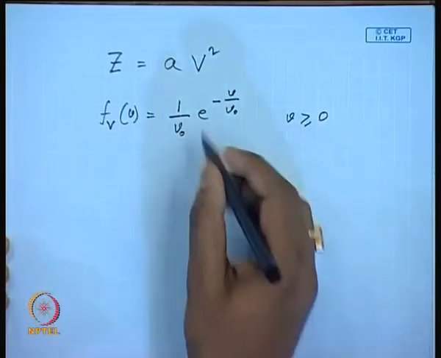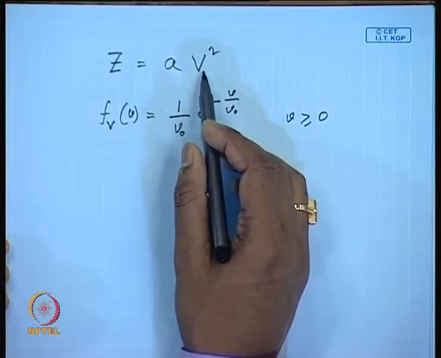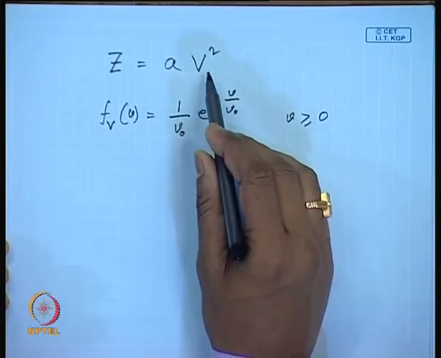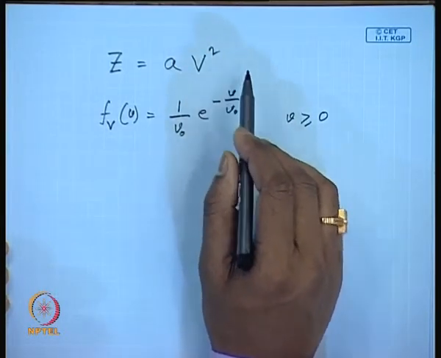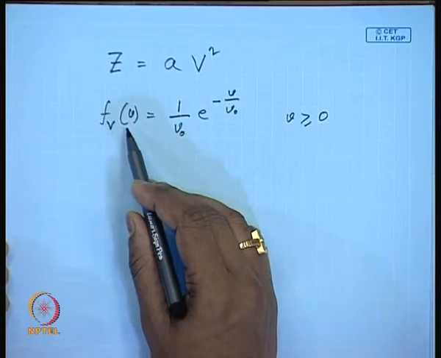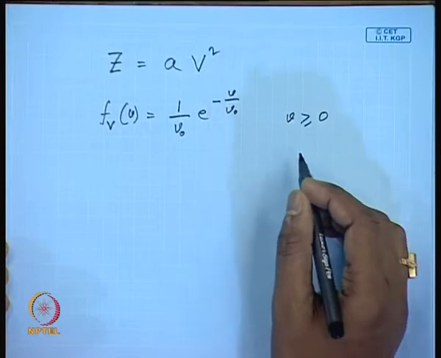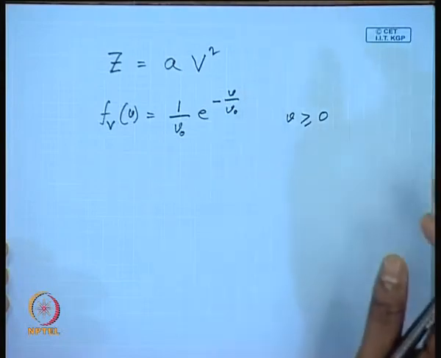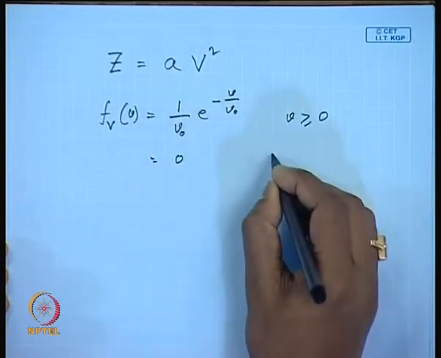In the last class, the problem that we took had a support over minus infinity to plus infinity. There we were talking about some strain energy and force, which was a standard normal distribution. So that has the entire support of the real axis, minus infinity to plus infinity. But here it is the wind velocity, so this can take only positive values, as we are talking about the wave height towards the obstacle where we are measuring the wave height, and this is the distribution and is 0 elsewhere.